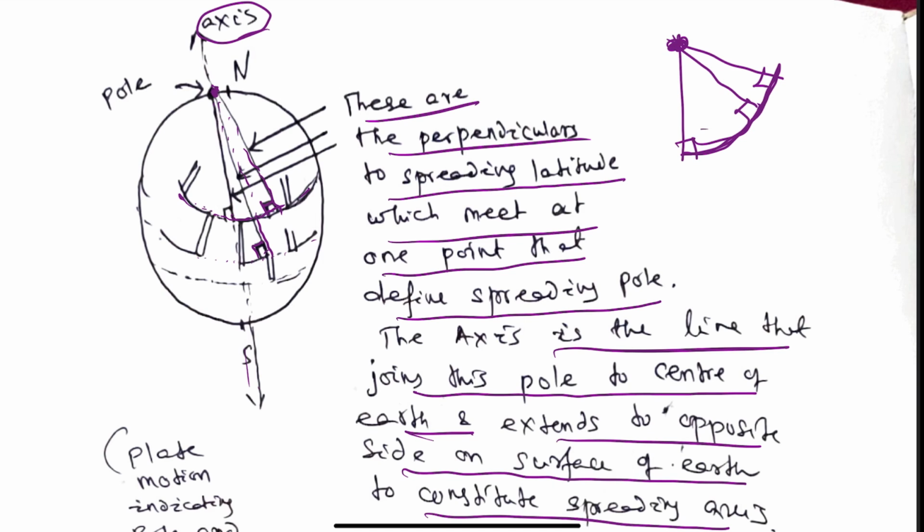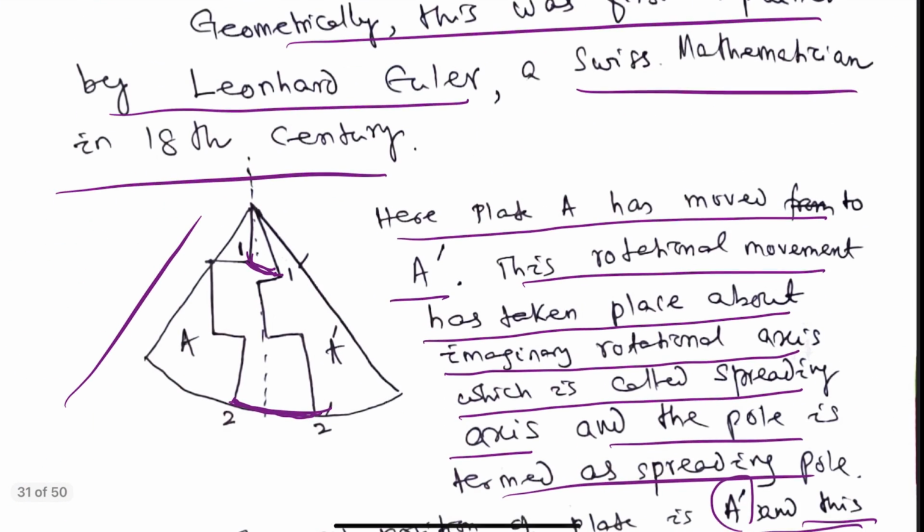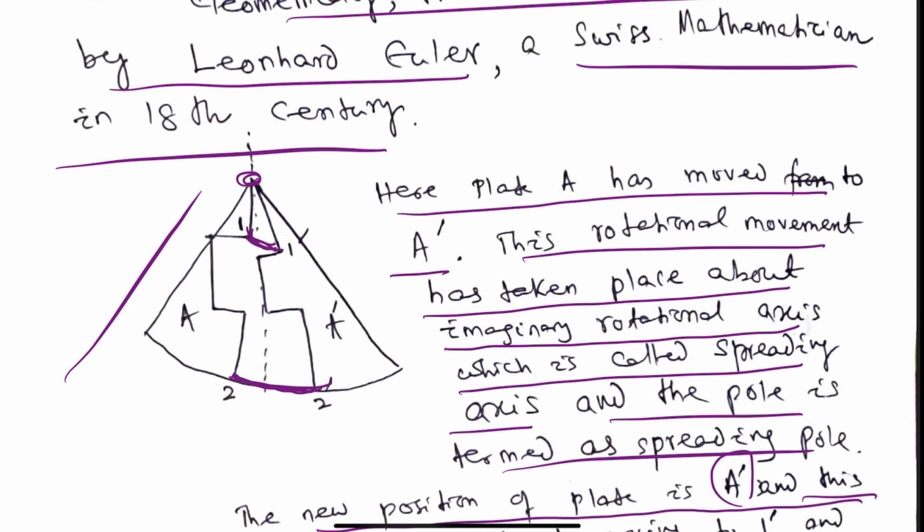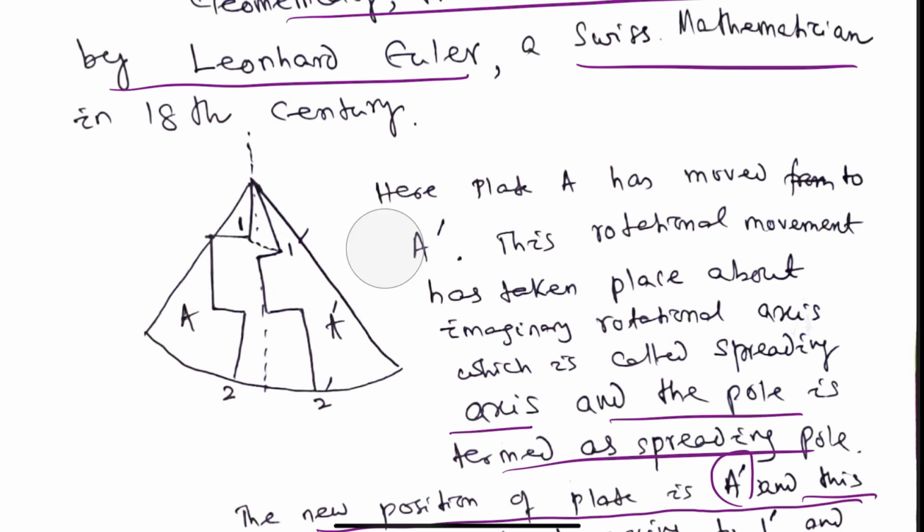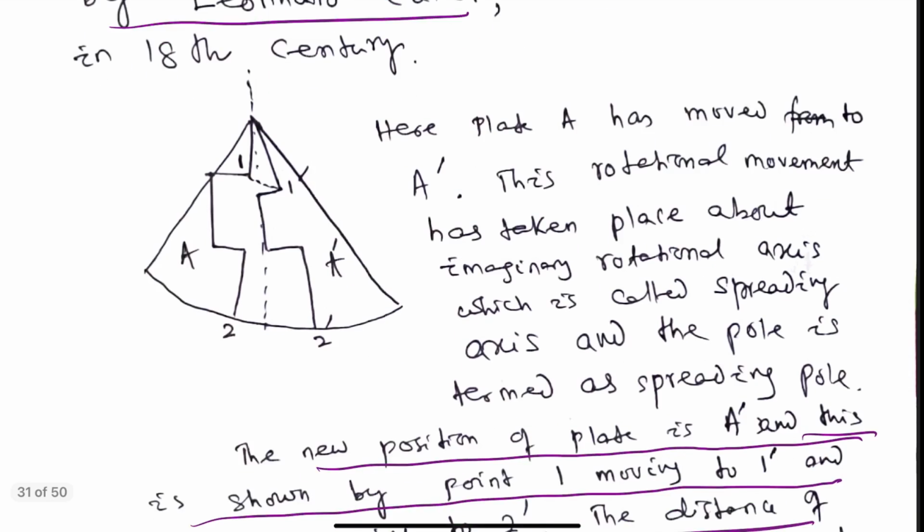This gives the pole. This has been discussed here. So this is the pole. If we draw perpendiculars to this side, perpendicular to this, they meet at this point. So this is in this manner the plates